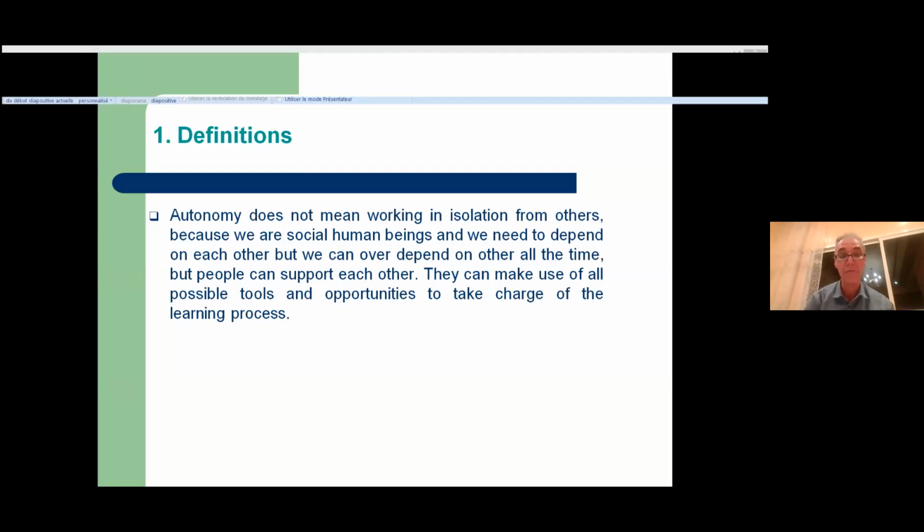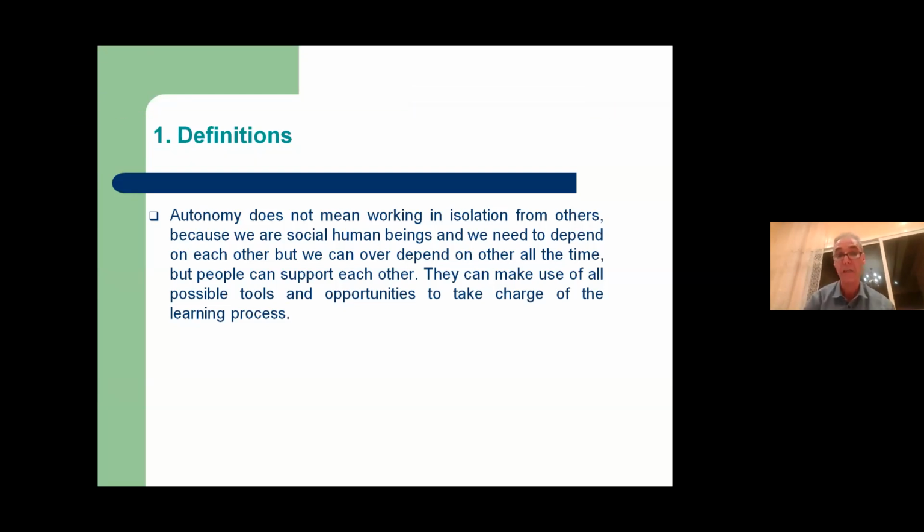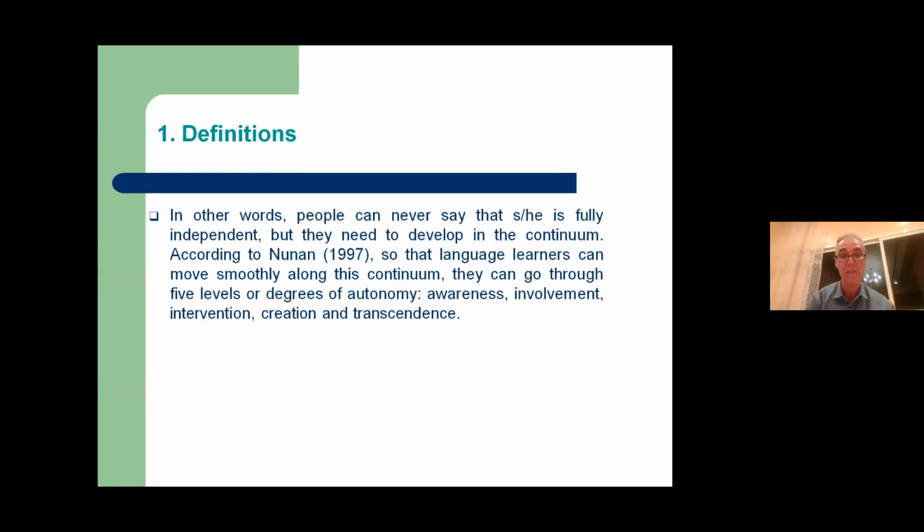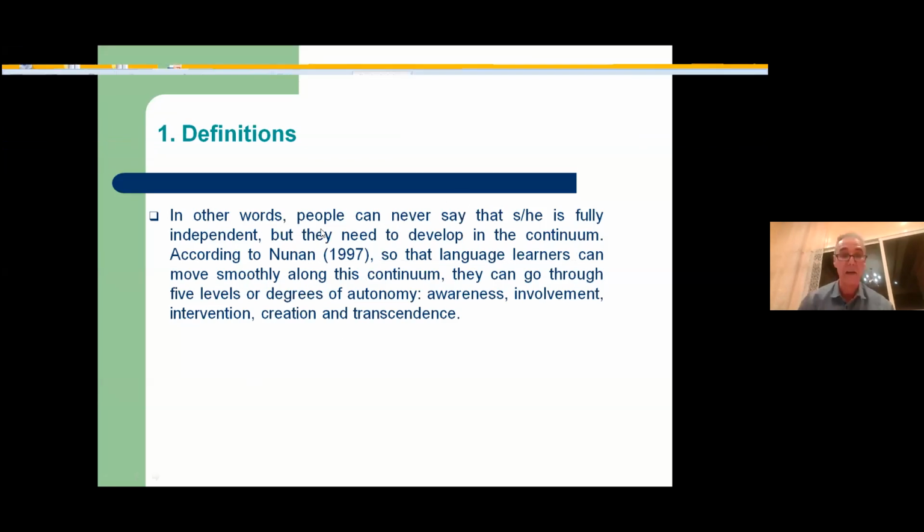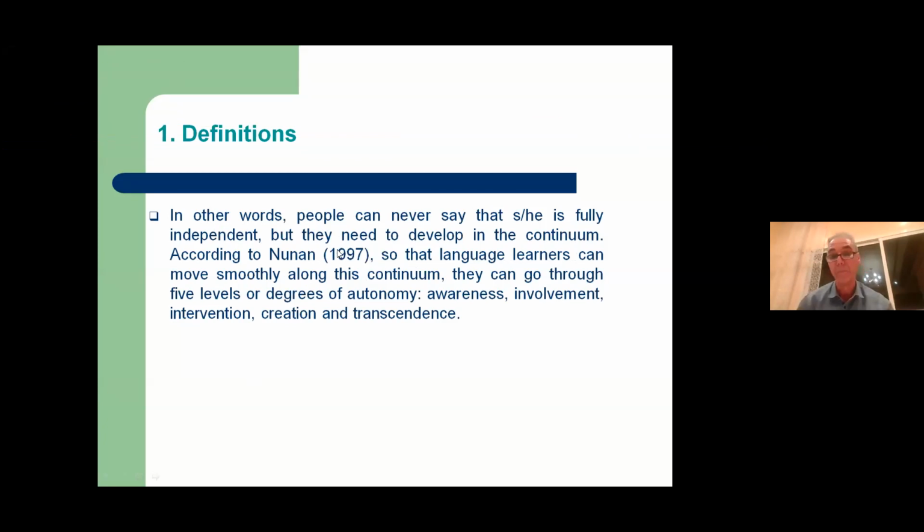I mean, we can benefit from these teachers around us, we can benefit from students, and we can benefit from the opportunities that are allowed, including the new technologies that we are using today. In other words, people can never say that they are fully independent, but they need to develop in the continuum according to, in the